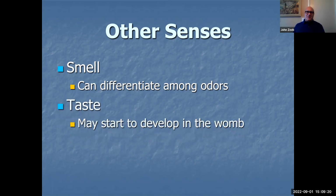Taste, we know that infants certainly can taste, and we even think that taste develops in the womb. So it may start to develop in the womb. And so part of the evidence of that is we've observed fetuses swallowing the amniotic fluid. I know it's kind of gross to think about, but from a biological, natural standpoint, it is golden. So we know that fetuses actually swallow amniotic fluid, and that helps to develop digestion and may be involved with